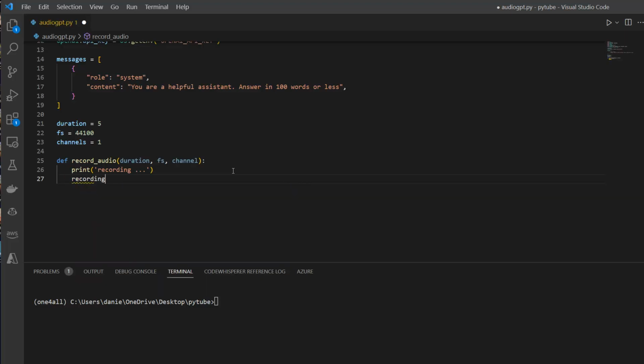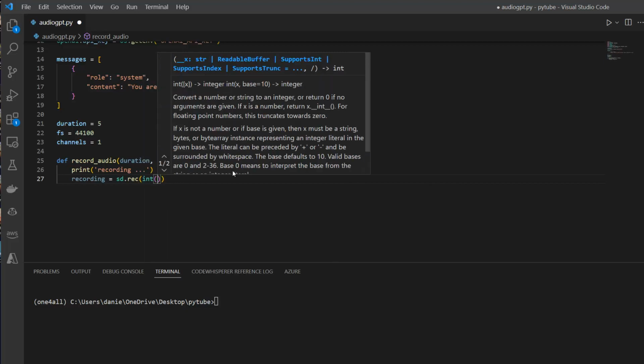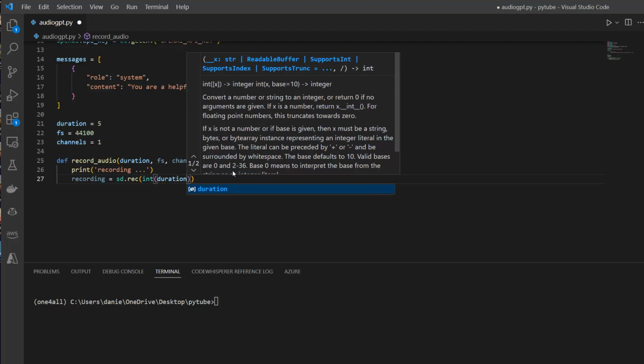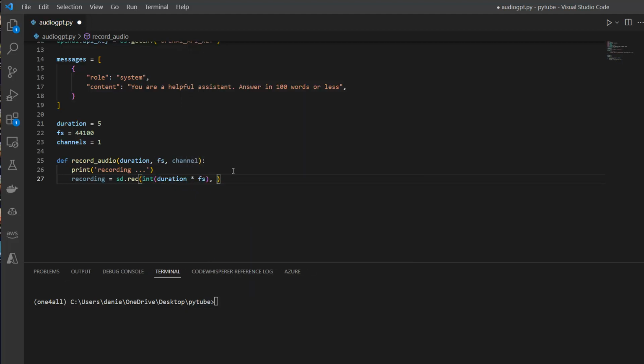Let's call it recording is equal to, and I say sd.record, so from the sound device dot record. And for that we use the integer, and in this case we multiply the duration times this fs. Here we go. And then what we need is a sample rate,